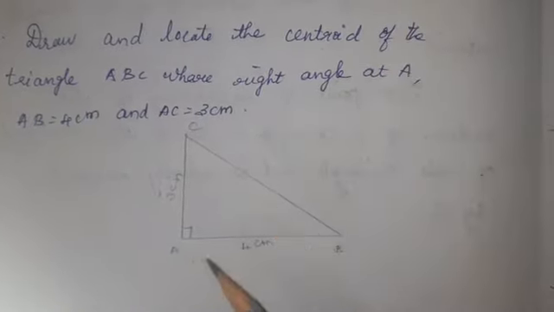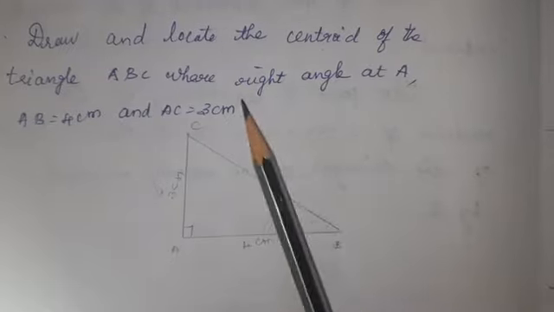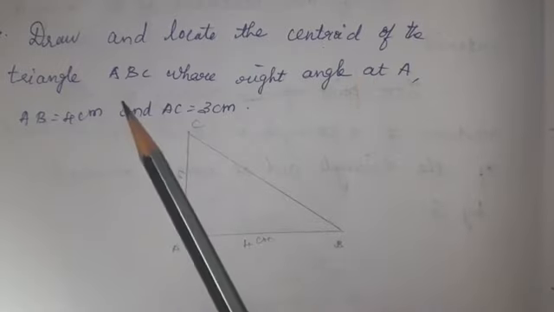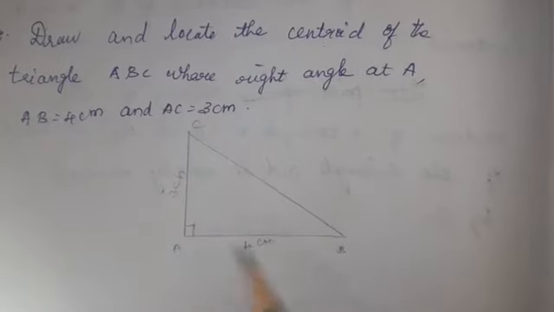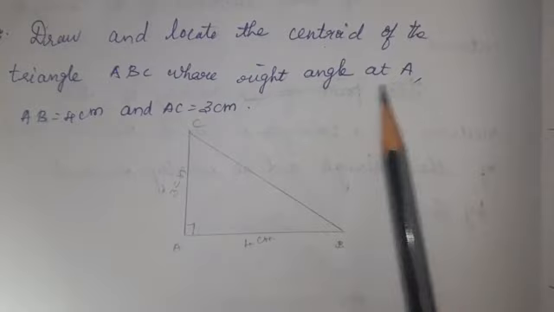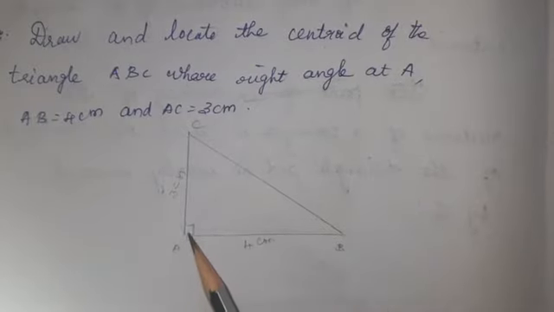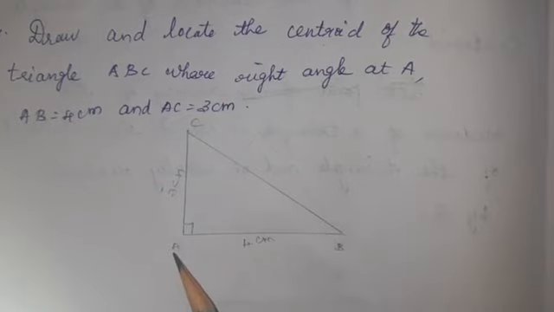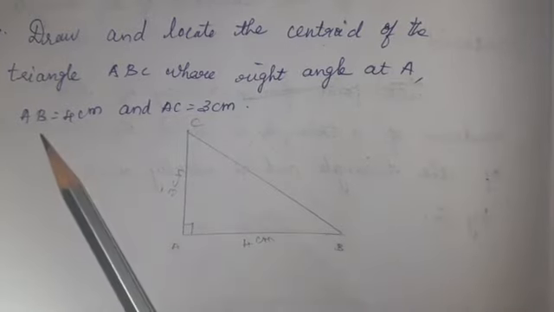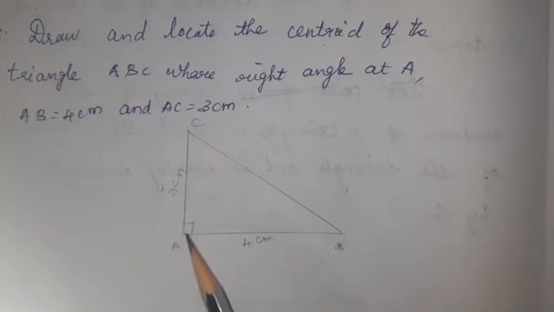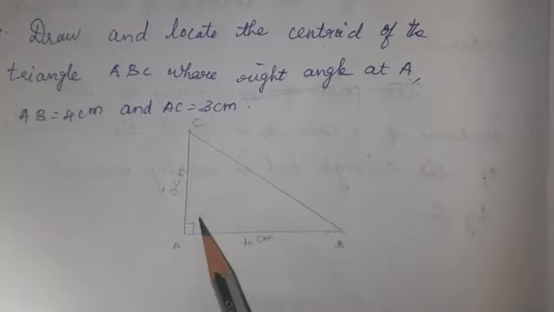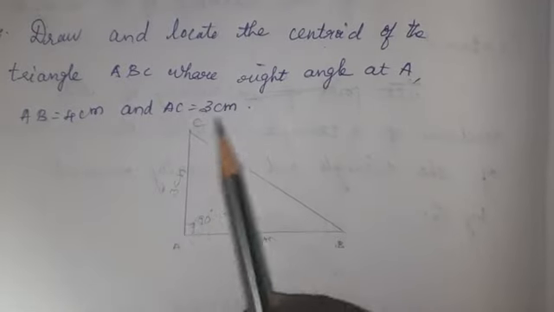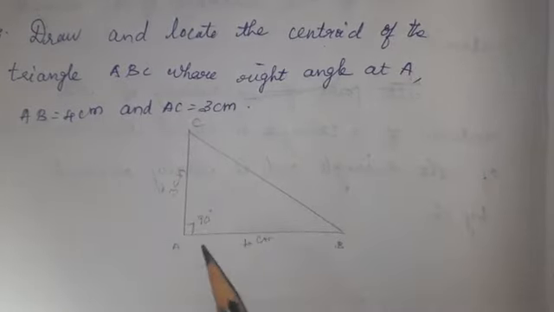Here I have drawn the right triangle because in the question they gave a right angle. So I drew the right angle. The name of the triangle is ABC, so I have given that ABC. One phrase is mentioned here, right angle at A. So where the right angle comes, at that point you write the A value. So ABC, AB is 4 cm. Here I marked that point with the 90 degree symbol. Here you should write 90 degree. AB value is 4 cm. AC value is 3 cm. This is a rough diagram.